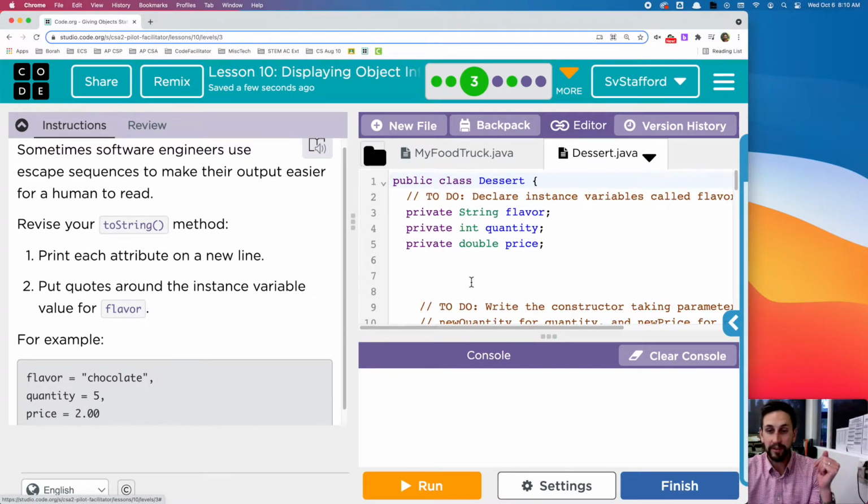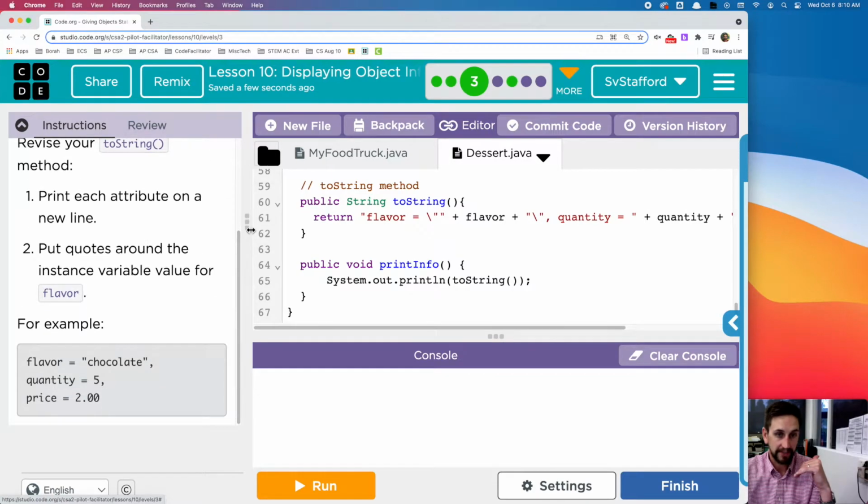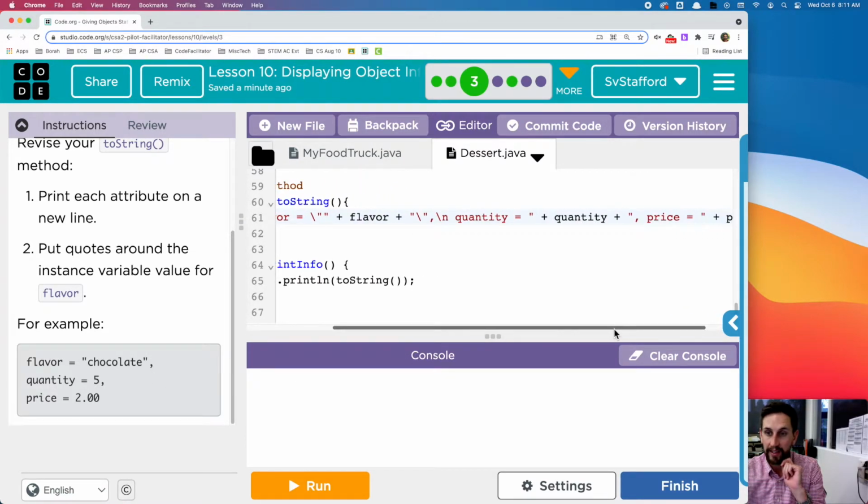Now all I need to do is make sure that each instance variable is on its new line. Print each attribute on its new line. So flavor, chocolate. I need to make a new line after my comma. So again, we need to use an escape sequence, and \n is the escape sequence for new line, and then after quantity, and that comma, I need to use \n,